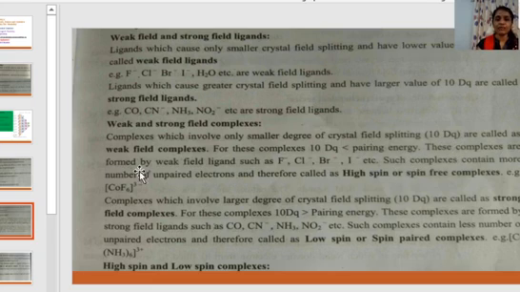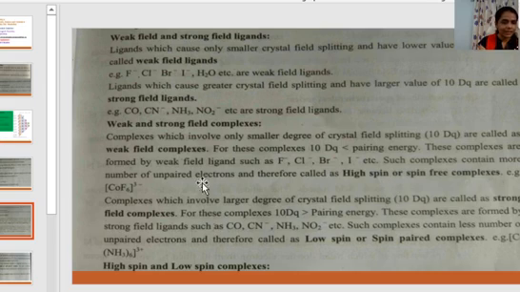these complexes are always formed by the weak field ligand. We have seen which are the weak field ligands: F, Cl, Br, I, H2O, etc. Such complexes contain more unpaired electrons. Since the splitting, that is the gap between the two levels, is less, the electron prefers to jump to the Eg level and not to get paired in the T2g state, due to which more unpaired electrons are present and therefore they are called high spin or spin free complexes.